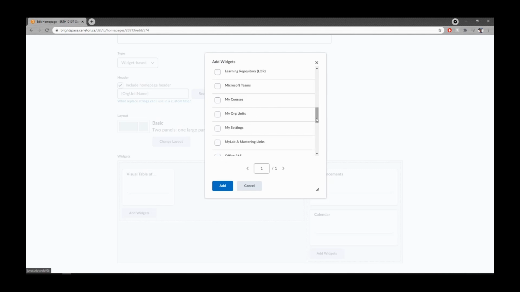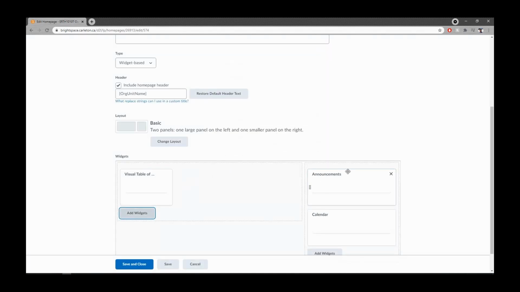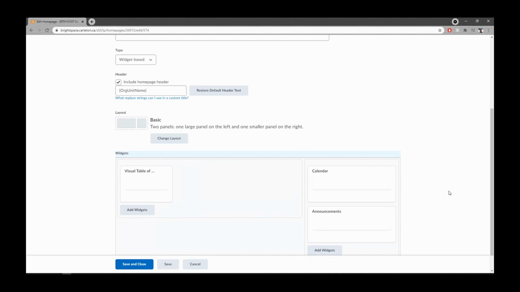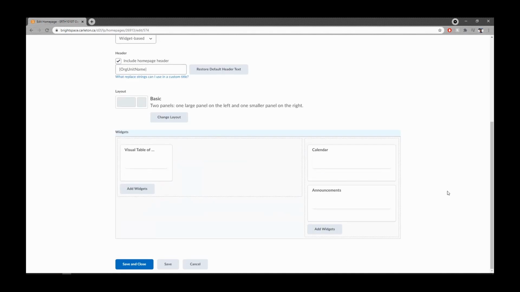You can add whatever widgets. There's a whole bunch of them in there. Some of these I don't even know what they do, but you can also organize them. For example, I want the calendar to be up here, so you just click and drag, and it's done. And I will say, there's a bunch of stuff that's not perfect with Brightspace, but